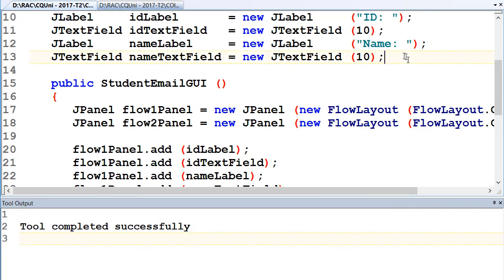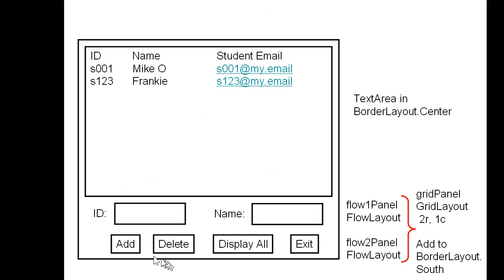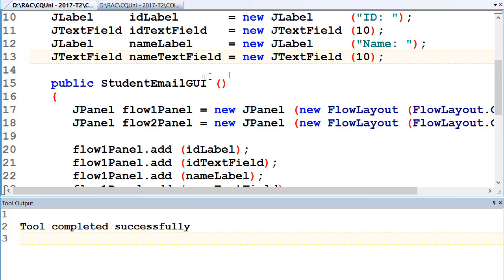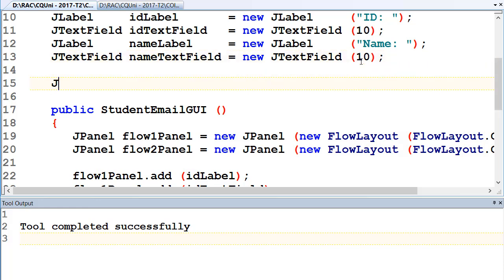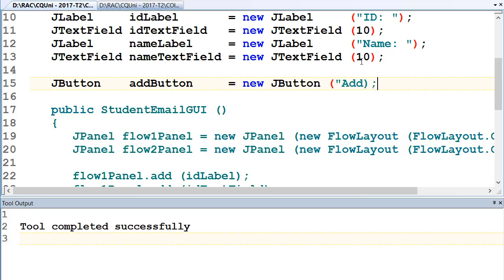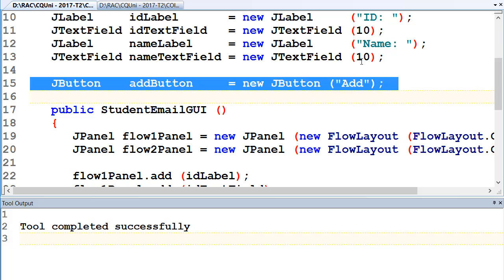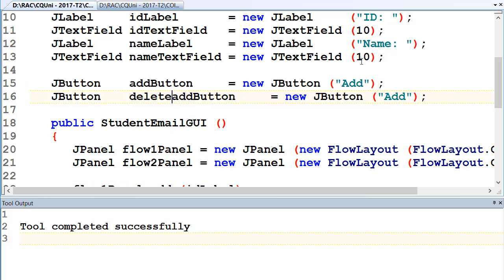Let's do our buttons next. So just to refresh ourselves, we'll go to our storyboard: add, delete, display all, and exit. So I'll create 4 buttons and add those to the user interface in their own panel, I'll call it flow panel 2. I've already created that. Okay, so buttons, JButton addButton, and I'll keep everything aligned with what's above, equals new JButton, add, close quotes. Delete button, that's going to be delete, display all button,